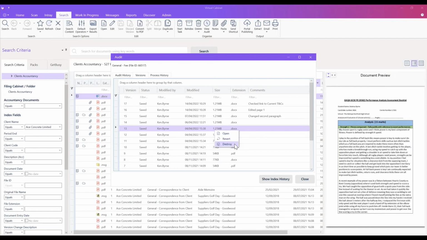And you've probably already seen this, but you now have the option to destroy previous versions of the document. Now, you will only get this if you have certain access and security permissions. So probably only administrators or managers will have access to this. But you can go in here and say, I want to destroy and completely remove certain older versions of documents. Now, this is really useful if there's potentially sensitive data in them you need to get rid of,